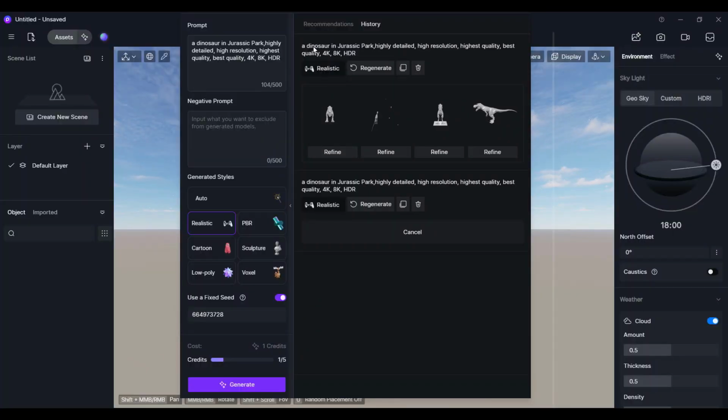Here you can see I had given the prompt, and related to that prompt your 3D models are ready. You can redefine it and you can just download it and use it.